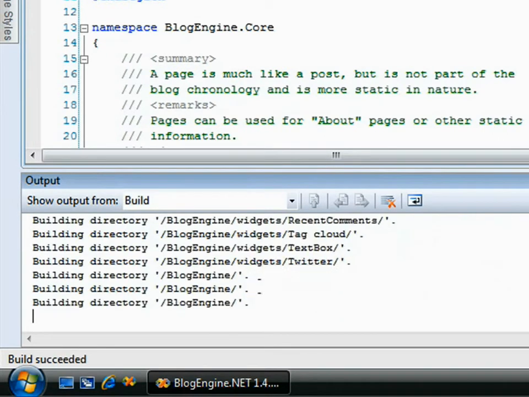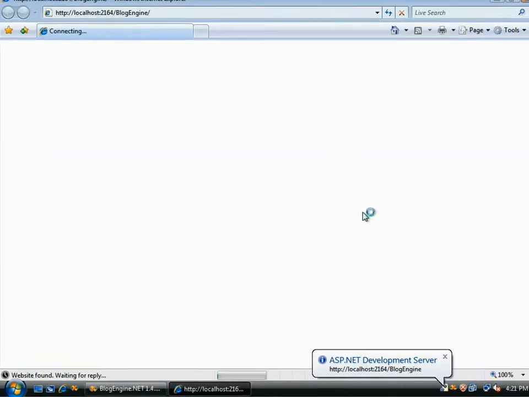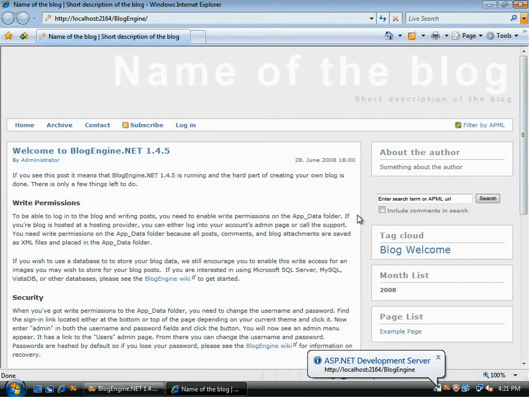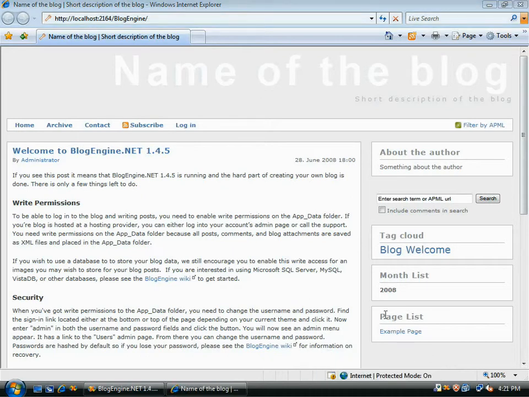Now what this will do is demonstrate the native building of an ASP.NET application. It's now been built in Visual Studio and deployed on the local machine. So looking at our Internet Explorer page now, this is the end result of our application, the blog engine running in the web browser. So that's how you do it in the Windows world,